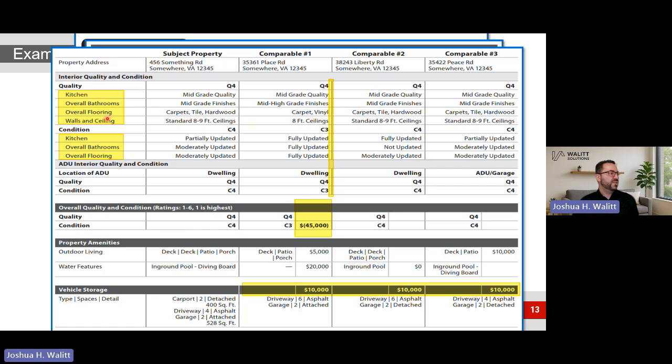Notice all of these optional rows, they believed it was relevant to include for comparison purposes. No adjustments on the interior and exterior quality and condition. The adjustments come in the overall section where my laser is. In the overall section, that's where comps are adjusted, just like we do today, just like we do the overall adjustments today. All right, and there's that roll-up adjustment for vehicle storage.